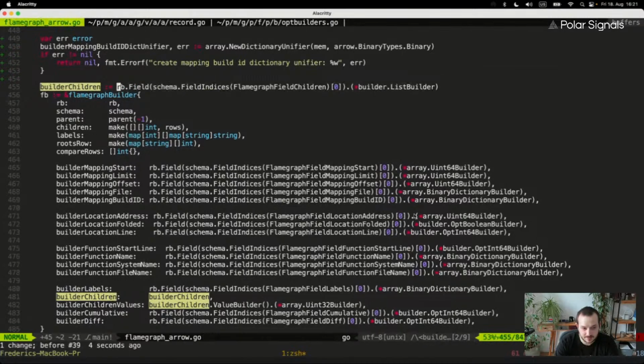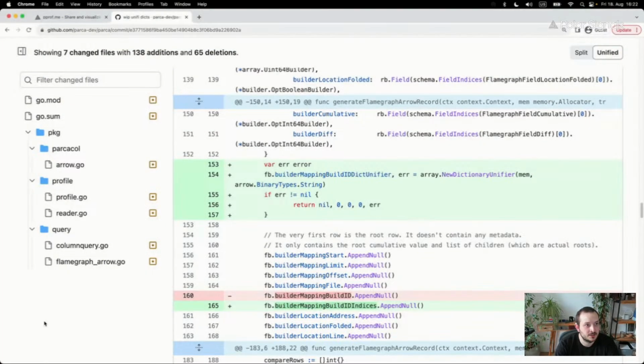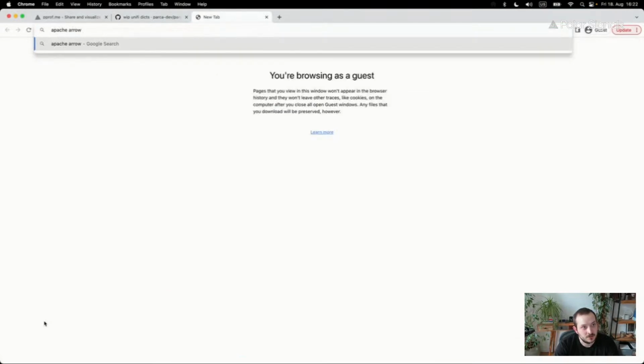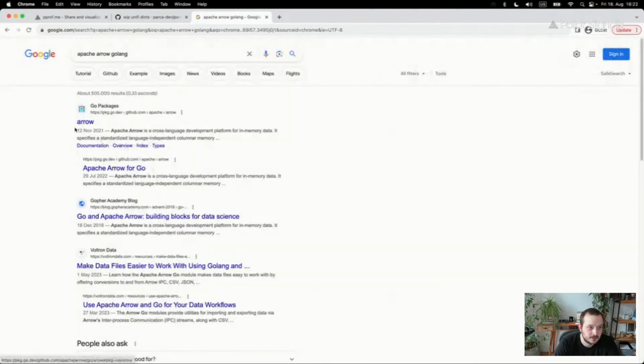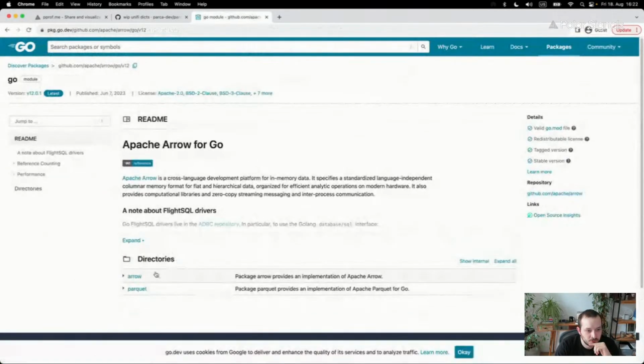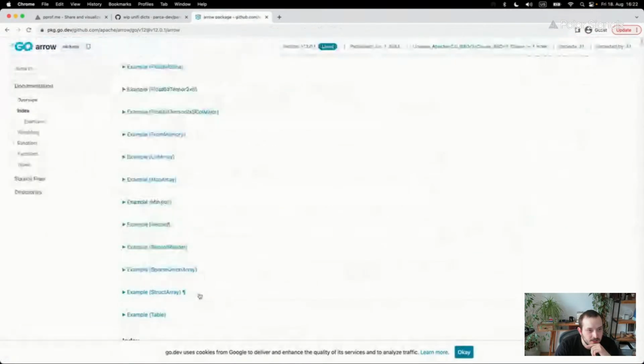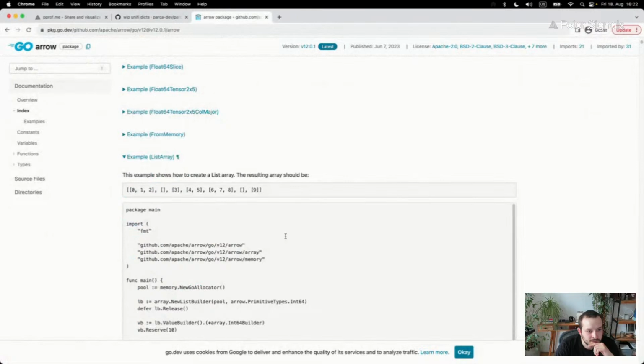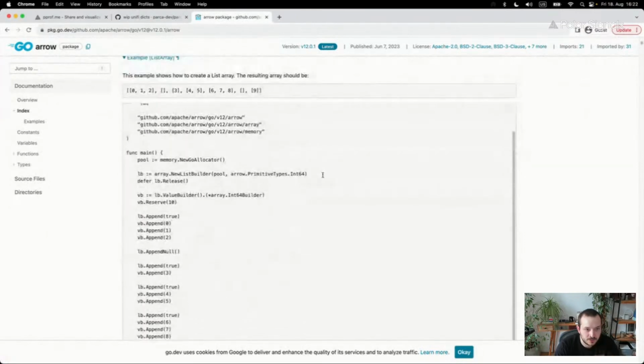Okay, so that's why we want to call the value builder on this. That's why we can't use our regular builder. So what we're going to need to do is, what is this? The Arrow API for this? Actually, Arrow. Make sure we view the latest. List array, yes. So we want to do a list builder,